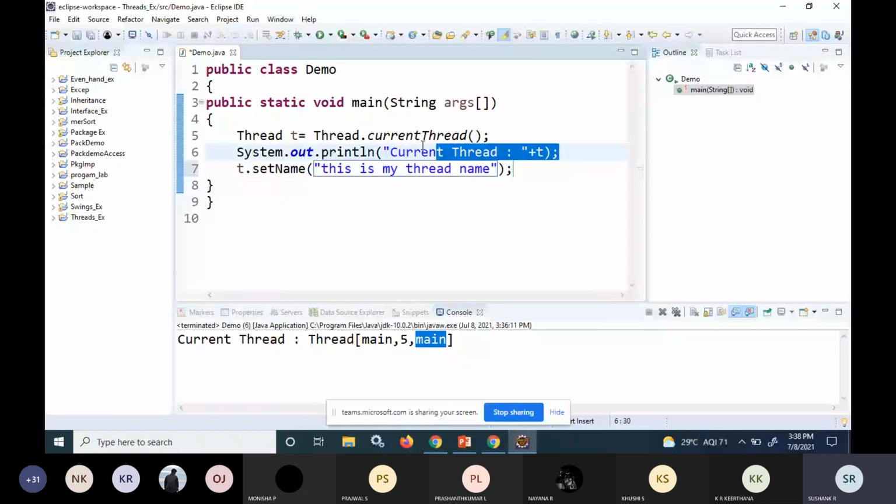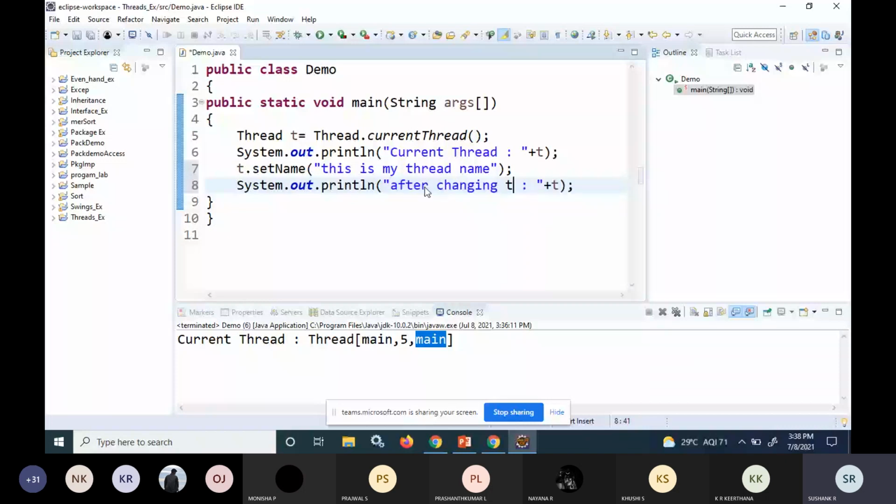After changing the name, I'll save this and run this. You can see now the default name is replaced with the name which I have given.